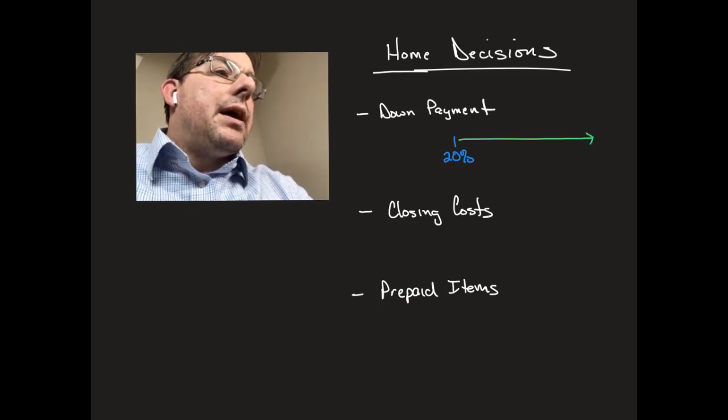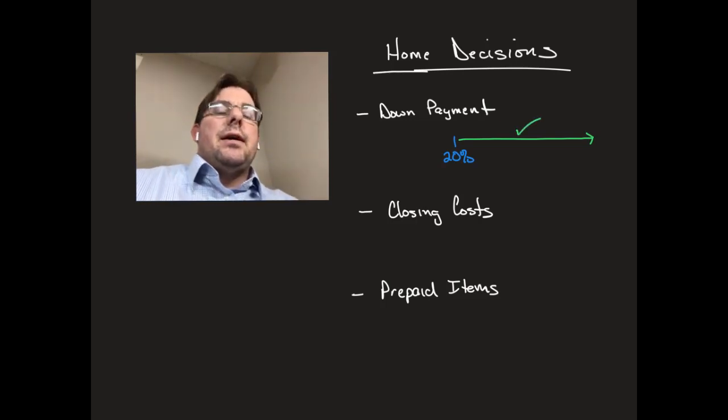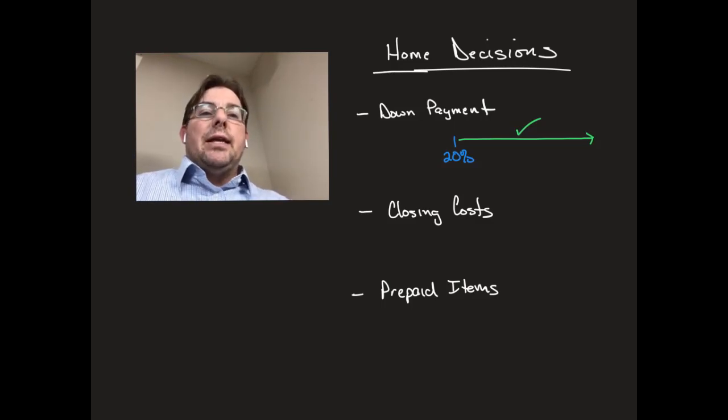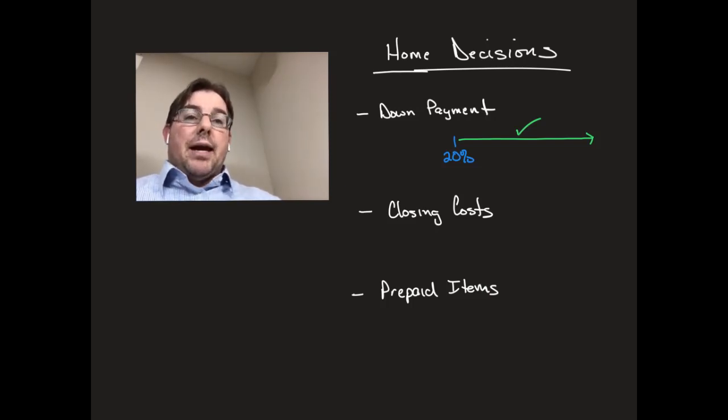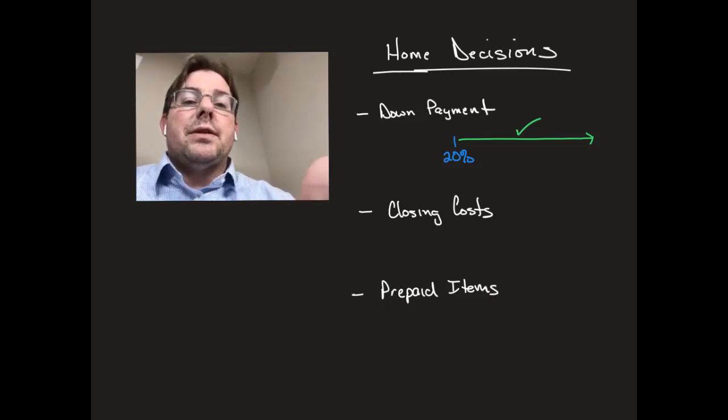20%. As of right now, 20% is kind of the expectation that you are putting down a significant amount of the purchase price of a home that is going to make the lender feel very comfortable and reduce any potential loss that a lender has when it comes to loaning you money. So the lender wants to say, I will provide you up to 80% of the purchase price of the house. You pay the other 20%. Lenders are very comfortable with that type of situation.